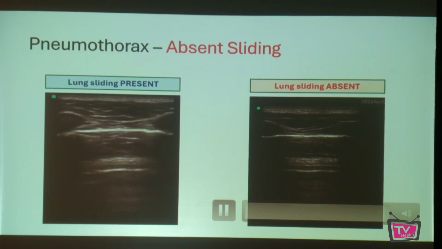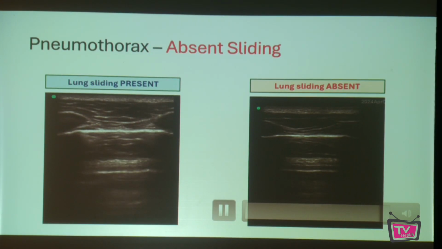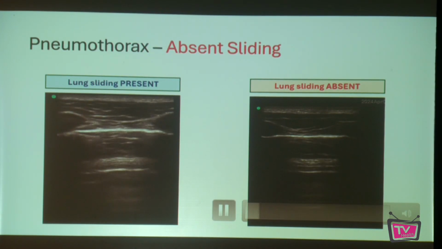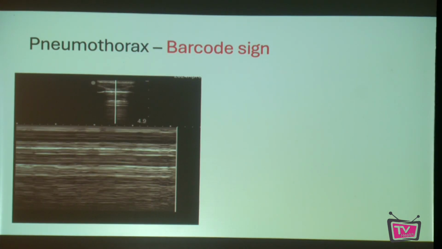It can also happen that if there is a right mainstem bronchus intubation, or the tube has dislodged and gone to the right side, there will be lung sliding present on the right side but absent lung sliding on the left side. That is also possible when you are intubating the patient, and you can make it out. If you are keen on reading more, you can read the ultrasound guided RSI paper by our group. So this is what I am talking about: when you put an M mode, you see the classic barcode sign.